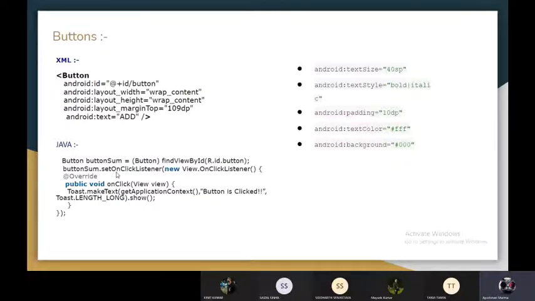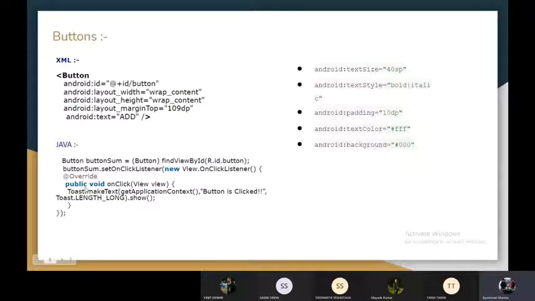This set on click listener is wiring a listener to that particular button, and this new view on click listener is an instance of the function. Okay, so it's getting a lot messy. So only assume that this code is like an ear for that button. Whenever that button gets clicked, then this function on click will be called.